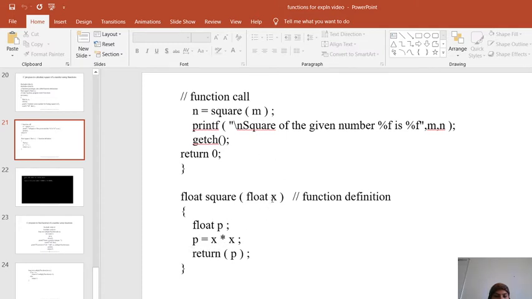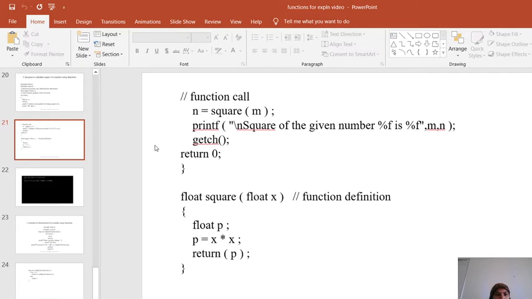The m value is stored in x, and in the statement p is equal to x into x, the square of this number is calculated and stored in the variable p. The next line is return p, where it returns the value of p wherever there is a function call.